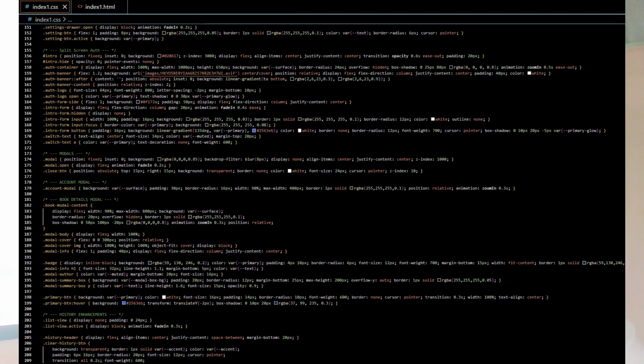And for the auth container, this creates a flexbox that holds the banner and the form. For the flex layout, this has two split sides and has rounded corners, a deep shadow, and a zoom-in entrance animation. And for the